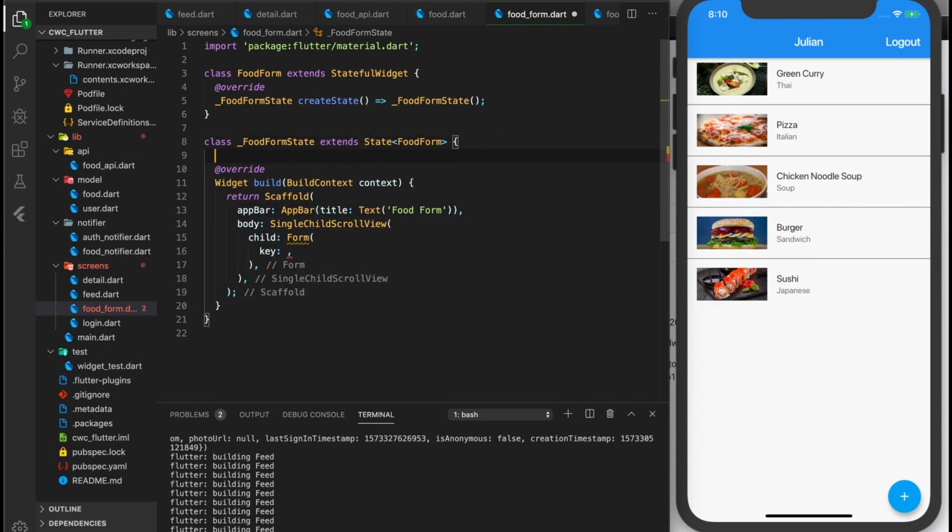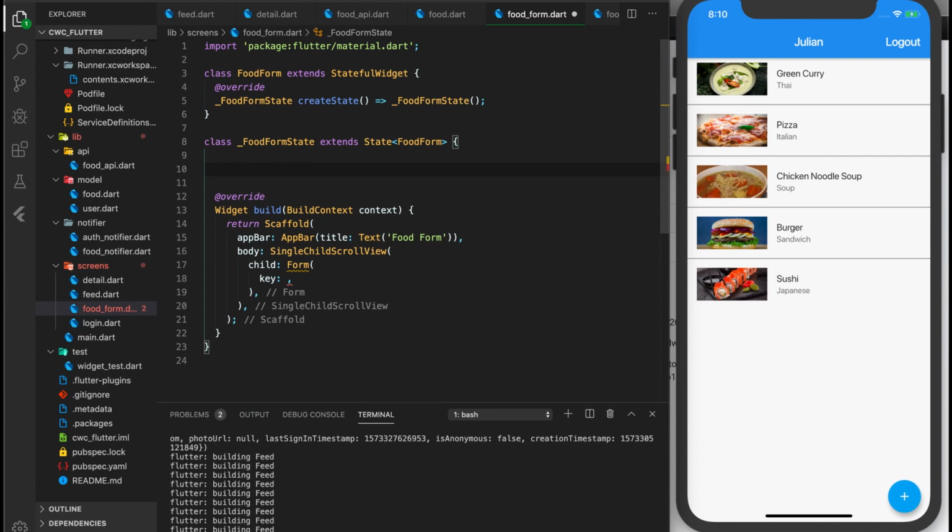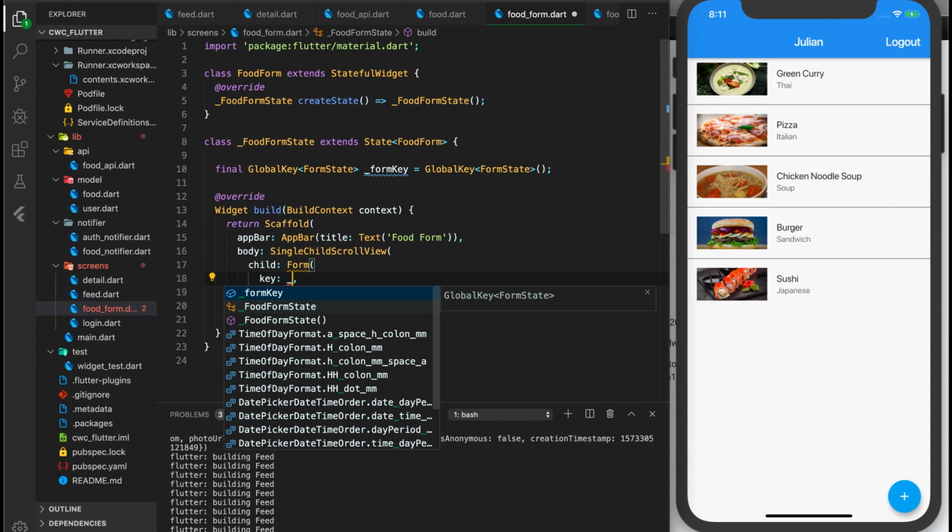So let's go up here to our state and create that key. And it's going to be final. So we're going to have final, and the key is of type global key. And we have to put in a type here too. So it'll be related to form state. So form state. And let's just call it underscore form key. And it equals global key and form state. So this should look familiar if you saw my video on how to use forms in Flutter. So we have our key here, and let's add our form key to our key